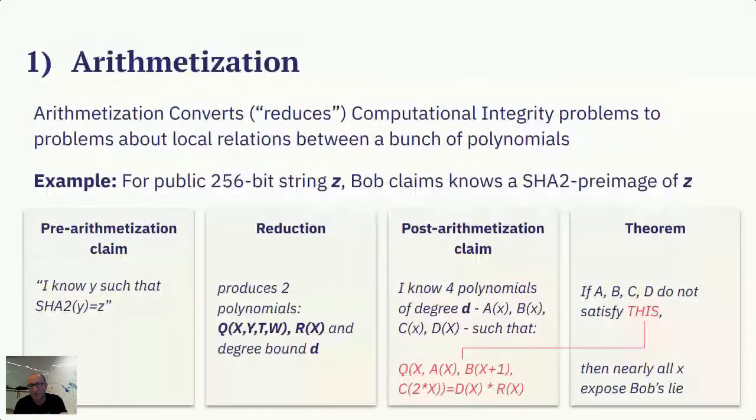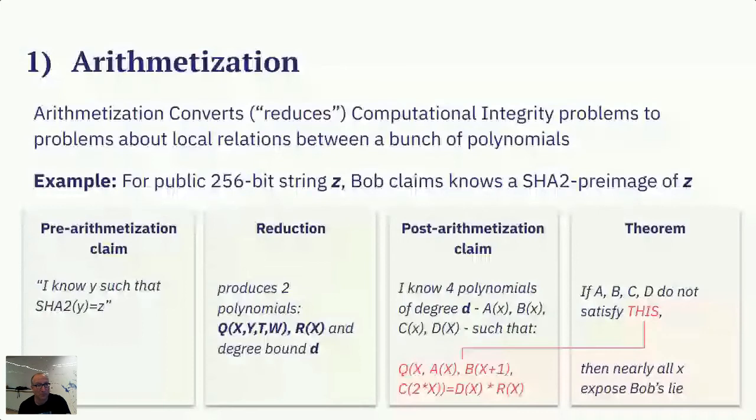There'll be some theorem lurking inside that says, if A, B, C, and D are actually of degree D and they don't satisfy this relation, then it will be very easy to see that Bob is lying. And the other way around, if the statement is correct and Bob actually knows this Y, then it will be very efficient for him to produce those 4 polynomials. And for any X that you check it on, you will see that things are good. So this is arithmetization, and it's very helpful in designing proof systems of computational integrity,